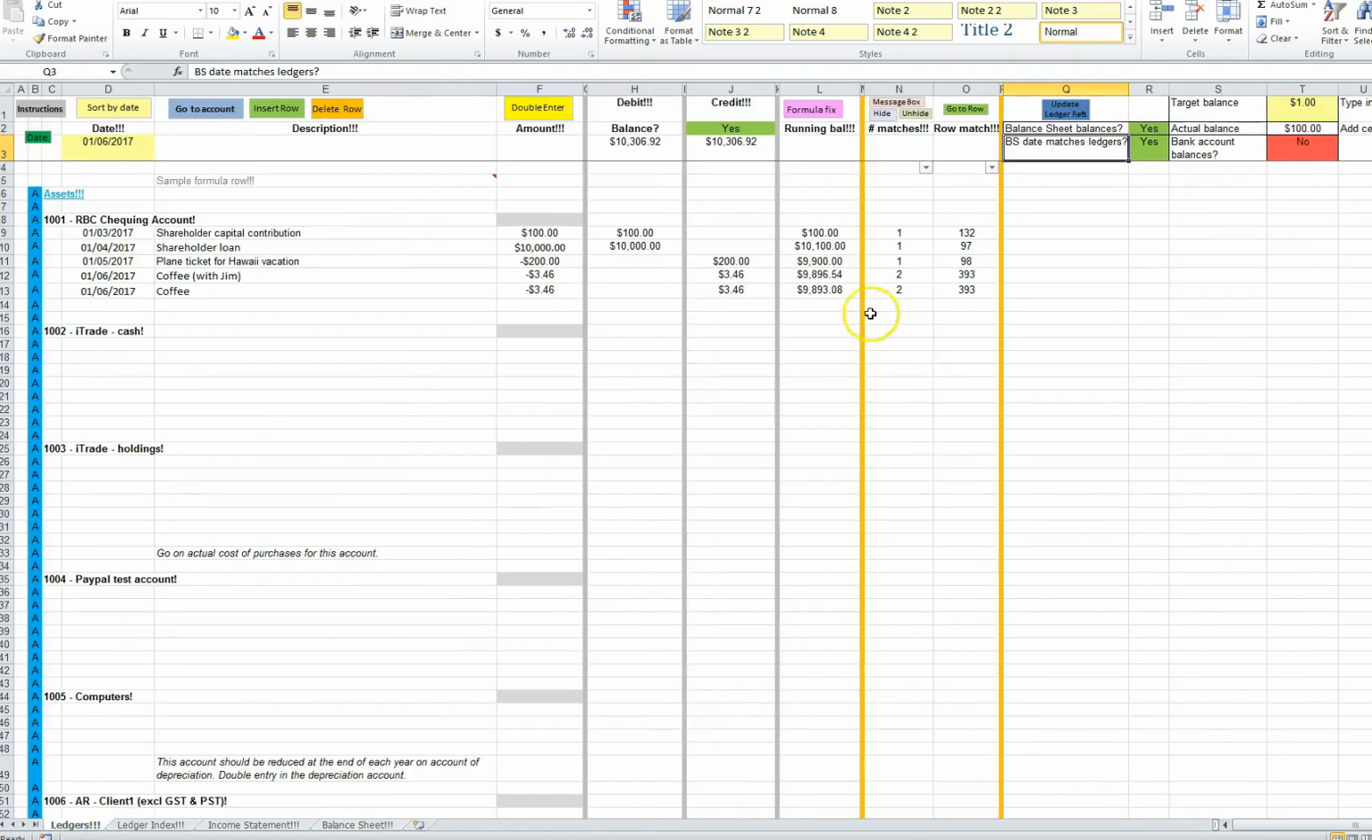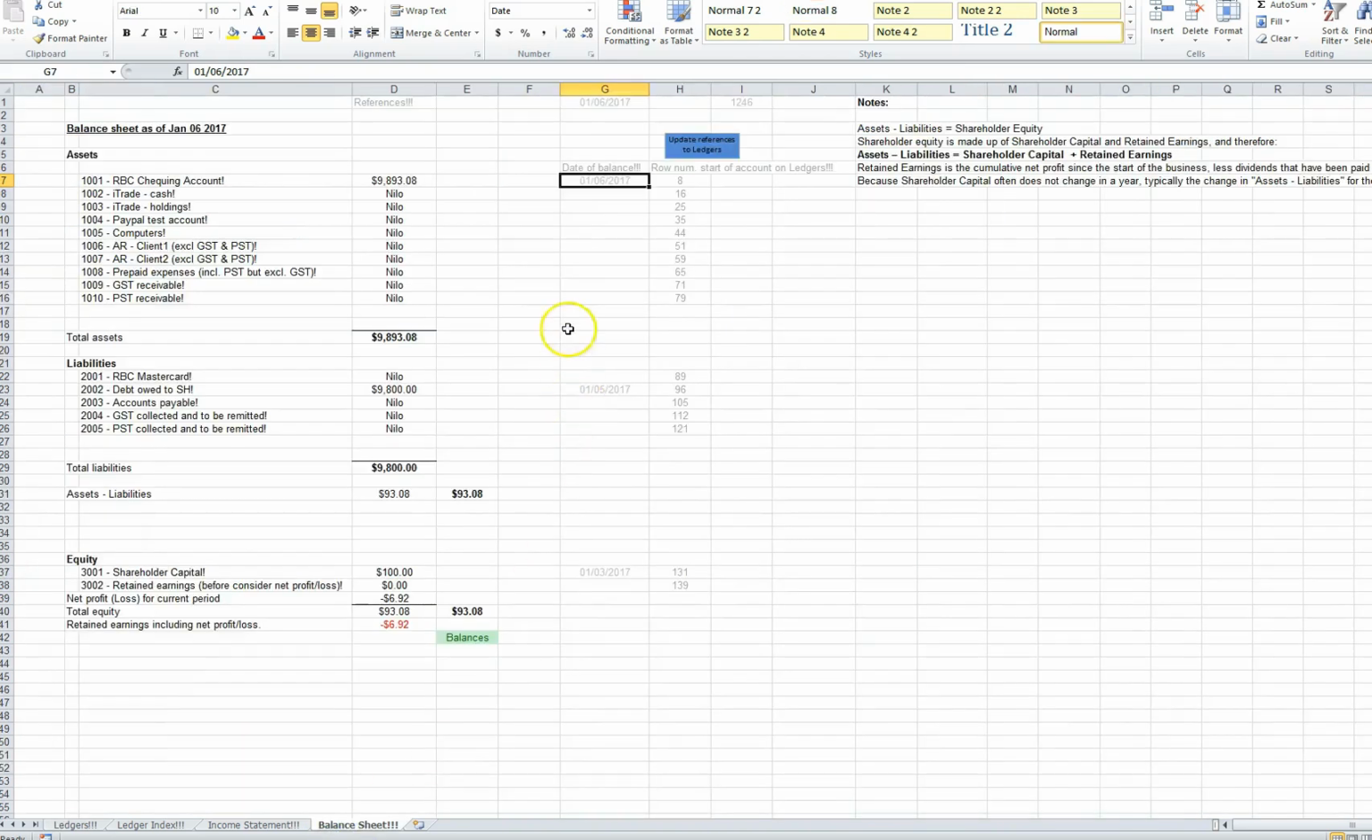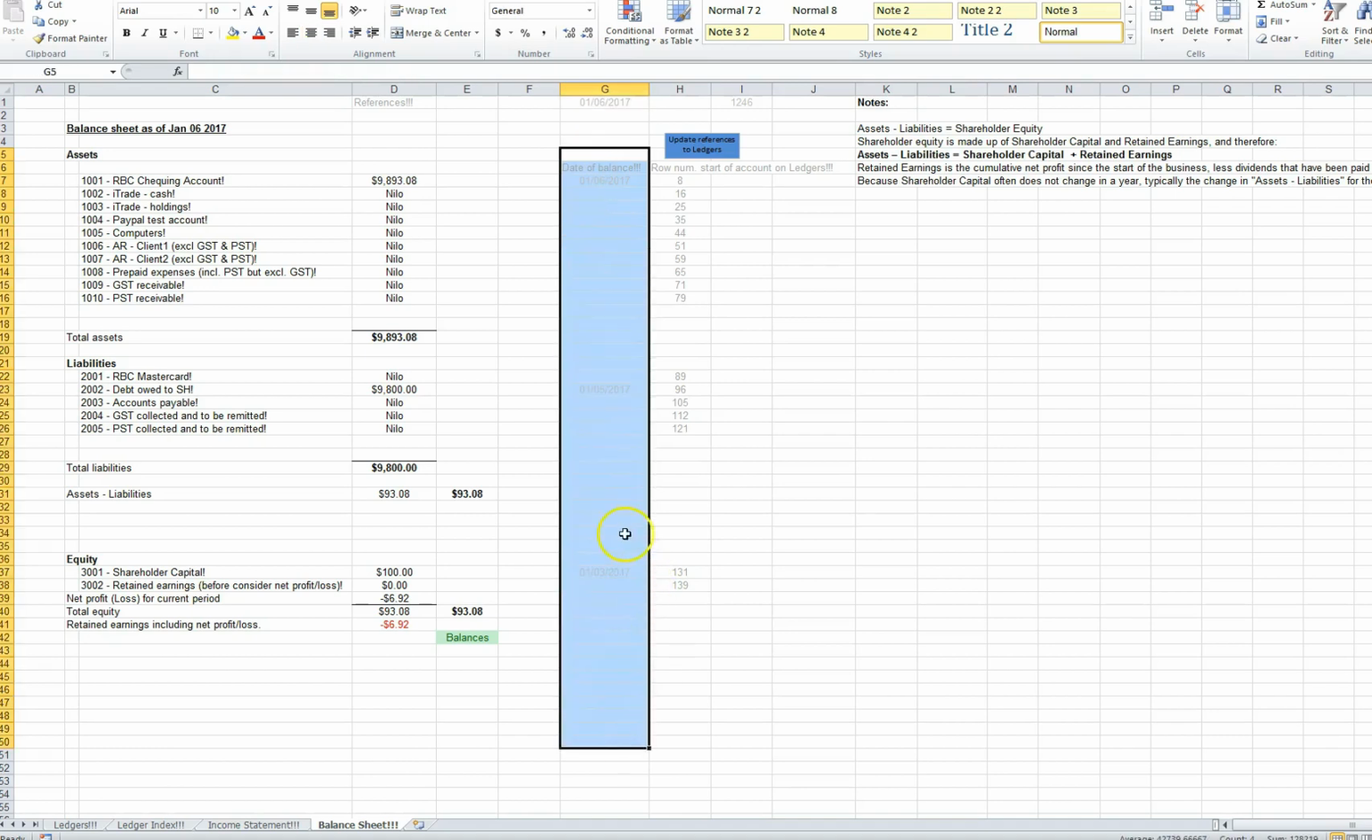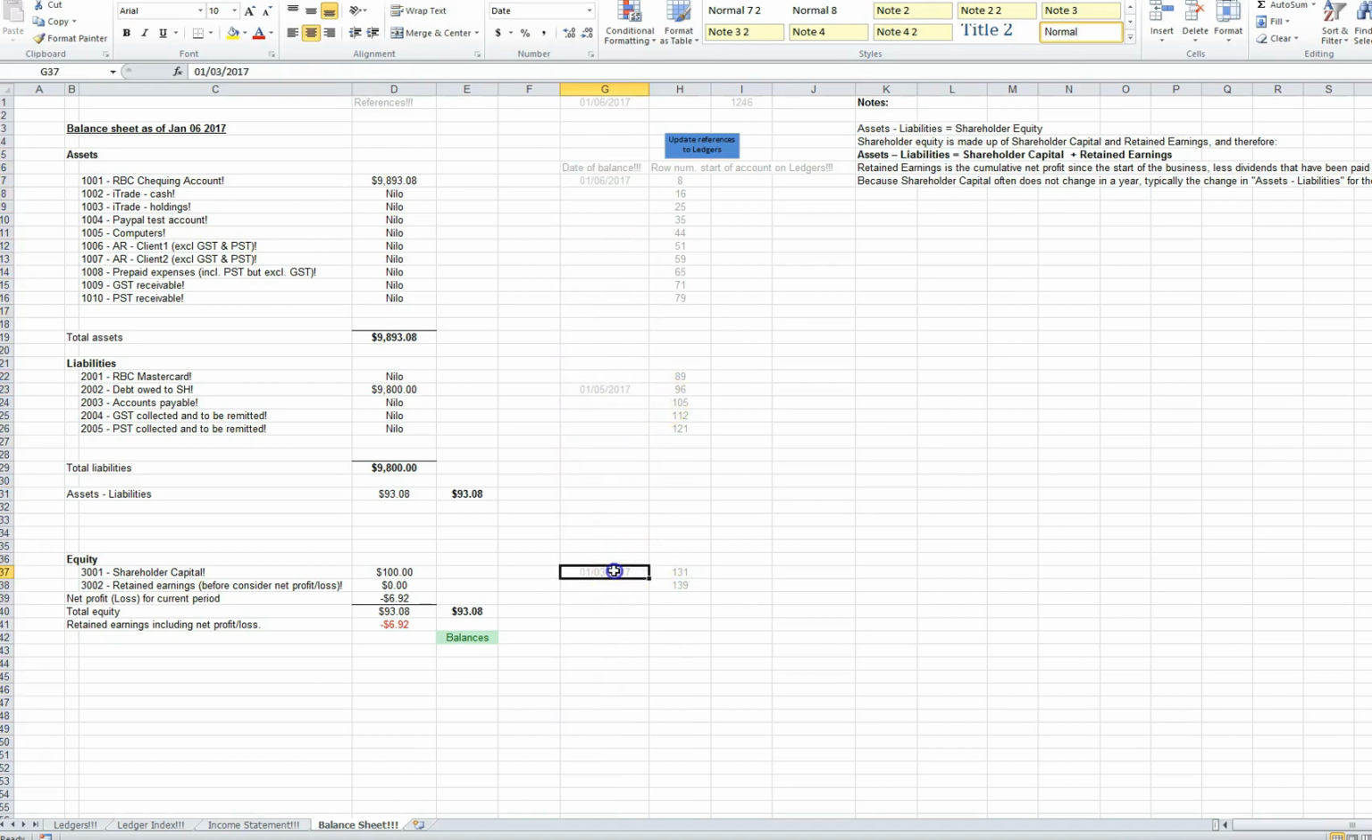Now, in this case, the $9,893.08 was the item brought in for the RBC checking account, and that was a January 6th, 2017 date. So that's why we've got January 6th, 2017 over here, and this calculation over here takes the oldest date out of this whole column. And these ones were January 5th and January 3rd, so right now it's taking the January 6th date and